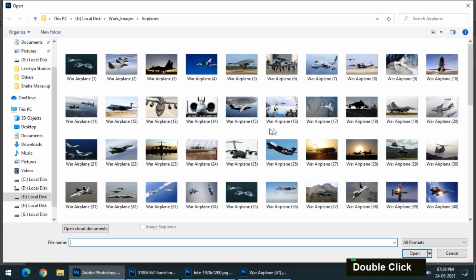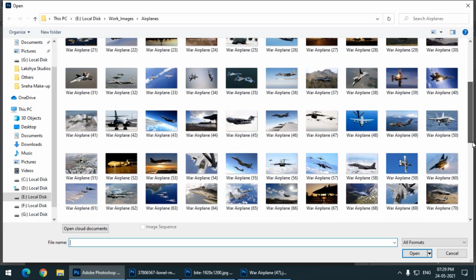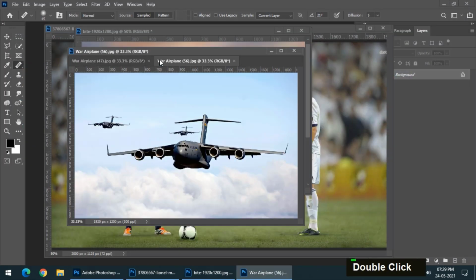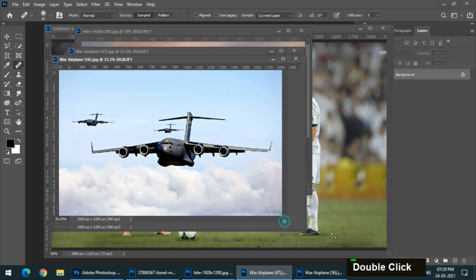Let's say a different image. Let me check. Yes, maybe this one. So we have 3 aeroplanes in this particular image.